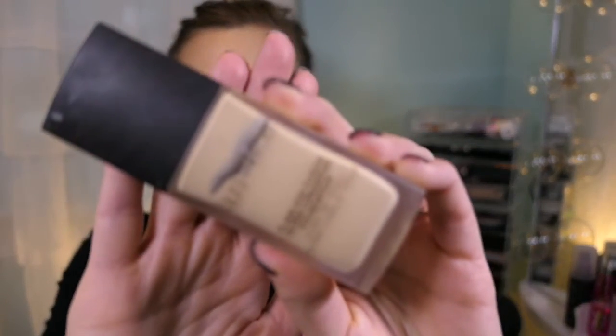This also came in that influencer package. It is Laura Mercier Flawless Fusion Foundation, and this one is in 1 Cream. This is only really my color this time of year in the winter, and you can see it's probably about 2/3 full as well. It is a full coverage matte foundation, so I personally have to mix it with something luminous to work on my skin, but outside of that, I really do enjoy this,